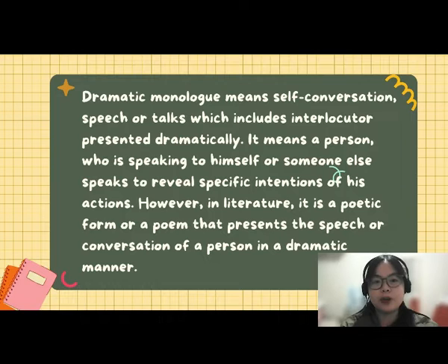It means a person who is speaking to himself or someone else speaks to reveal the specific intention of his actions. However, in literature, it is a poetic form or a poem that presents the speech or conversation of a person in a dramatic manner. So this dramatic monologue is part of literature and also drama, which talks about a single